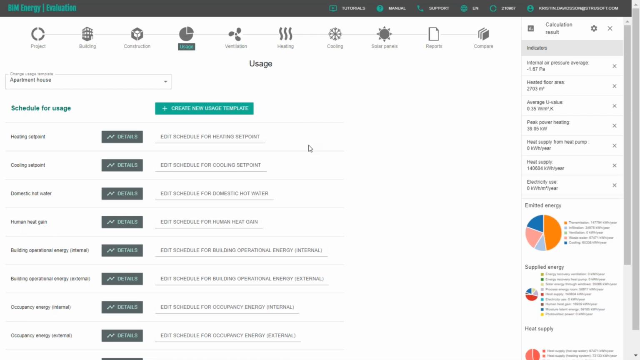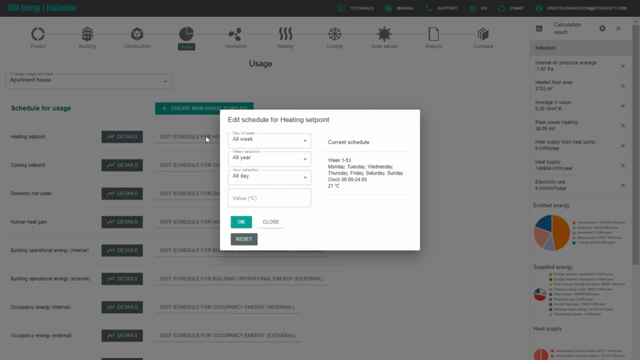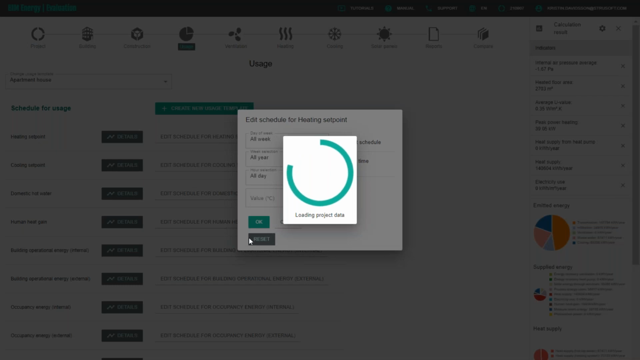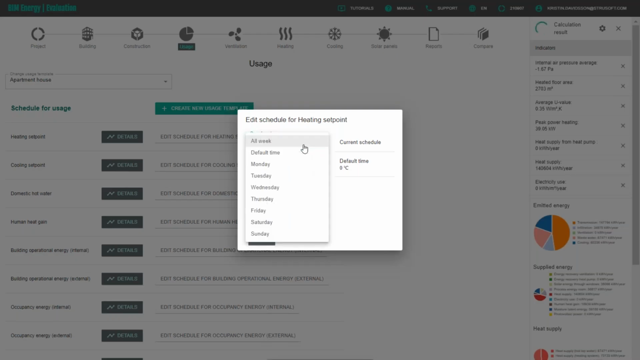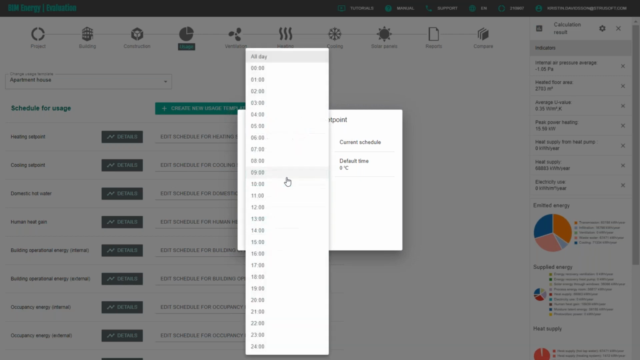If you want a varying schedule for the heating set points, we can go in and edit this schedule. So for example, if we are calculating a school, they might have one temperature in daytime and another heating set point in the nighttime. In that case, I can start by creating the schedule myself to insert that from Monday to Friday, for example,